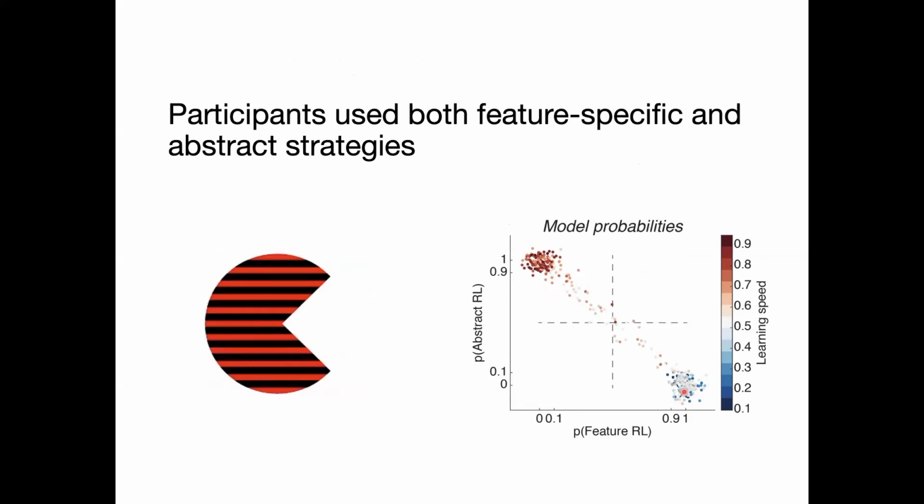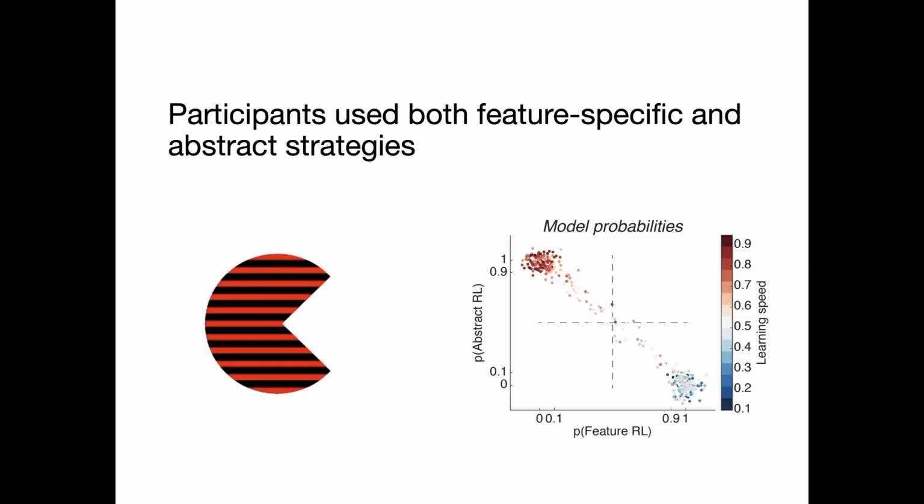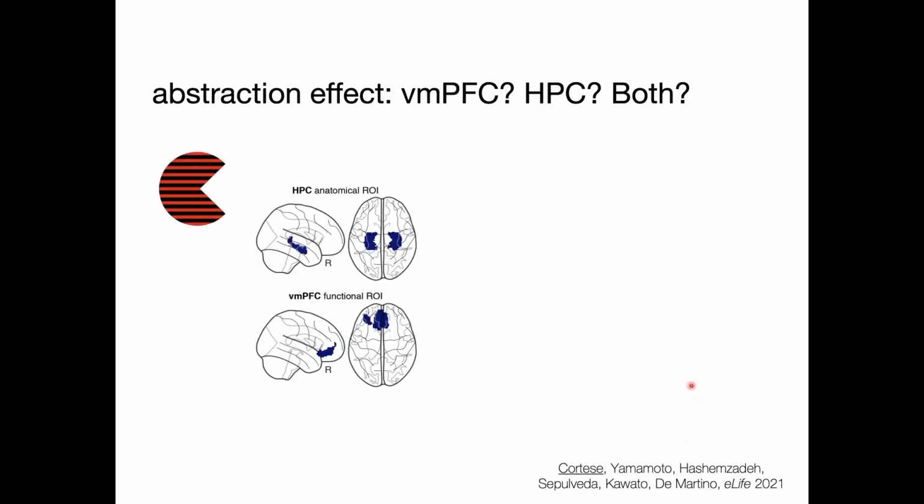And so now we were interested in looking, in terms of the brain, if there is any difference in using those two strategies. So on trials in which participants use an abstract strategy, or on trials where they use a feature strategy, is there anything different going on in the brain? We specifically were interested in the VMPFC for obvious reasons, as I just showed you this previous result on value and the coupling with visual cortex, but also the hippocampus, because it has been strongly associated with this sort of conceptual learning and abstraction and feature representations when there is a goal.